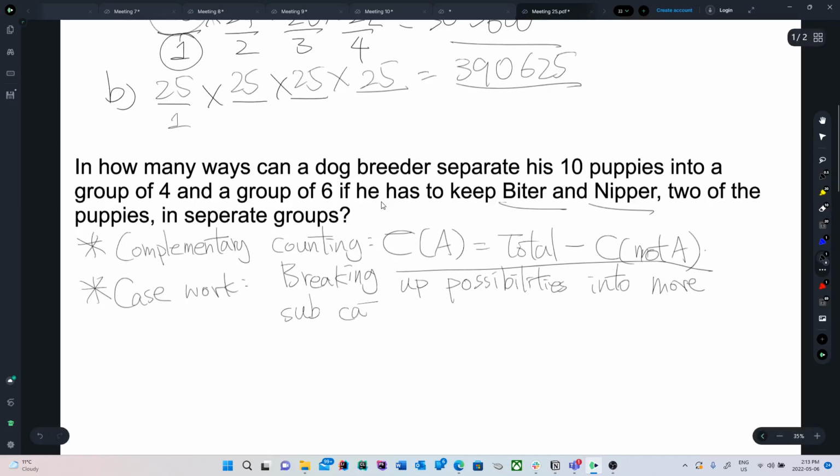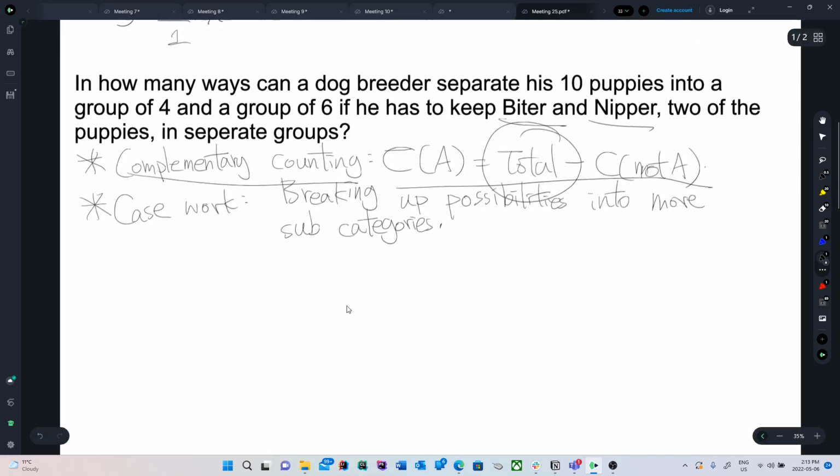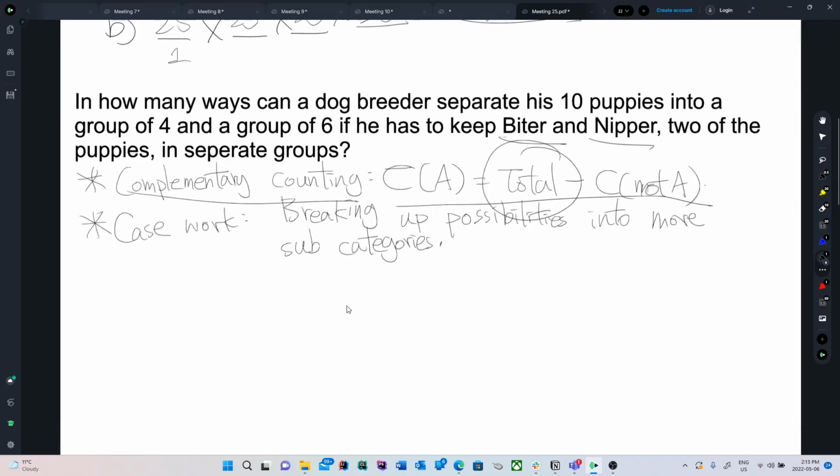It's pretty hard to explain how these work without showing you an example, so I will just do this question. The first thing we want to know about complementary counting is we want to find the total number of groups that we can achieve by separating 10 puppies into a group of 4 and a group of 6, and subtract